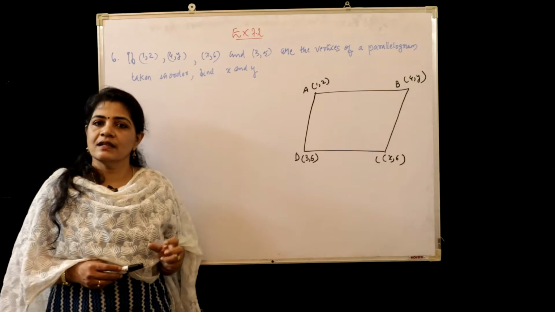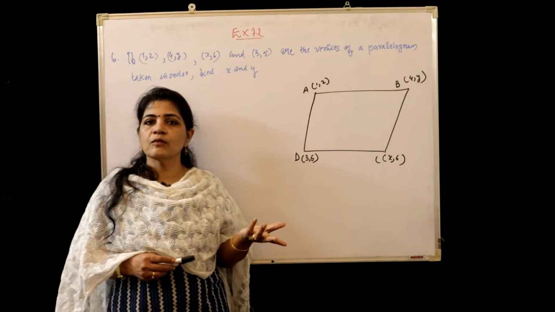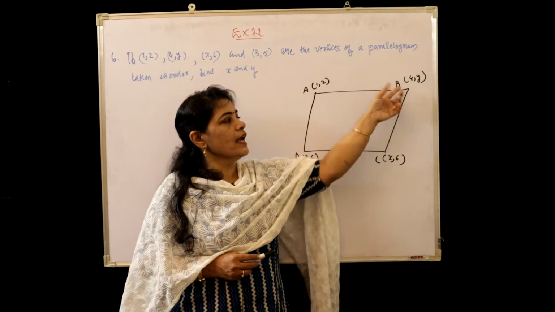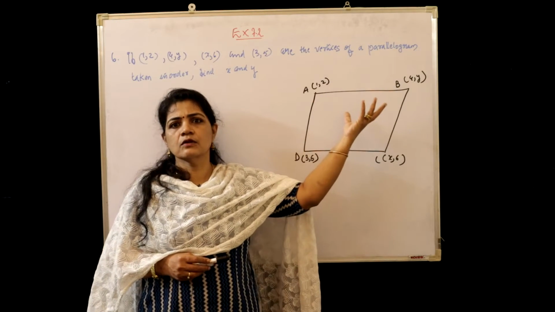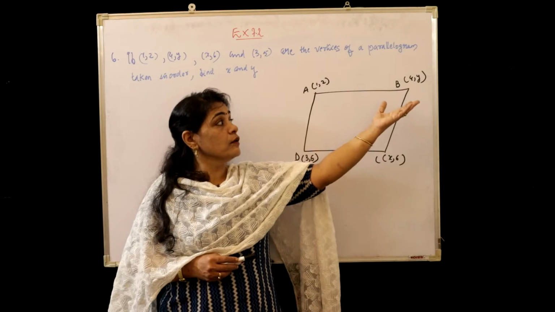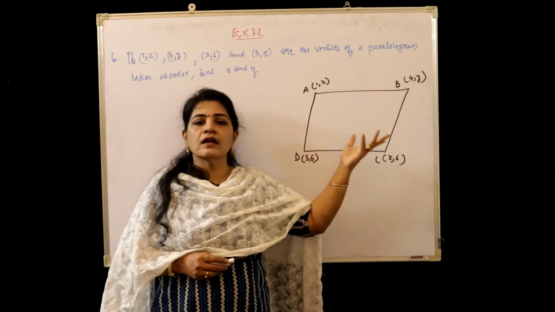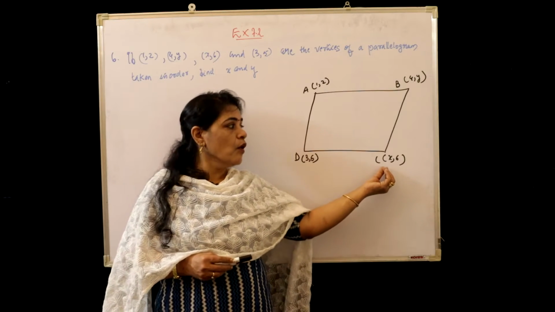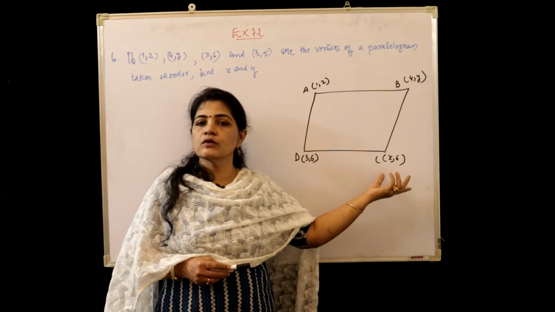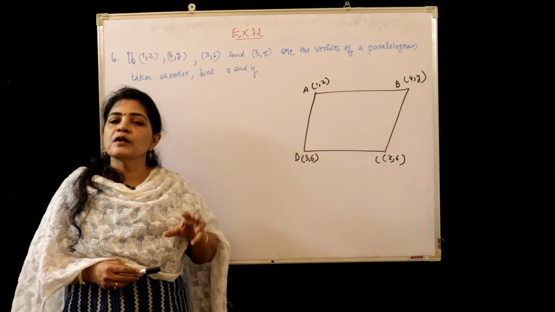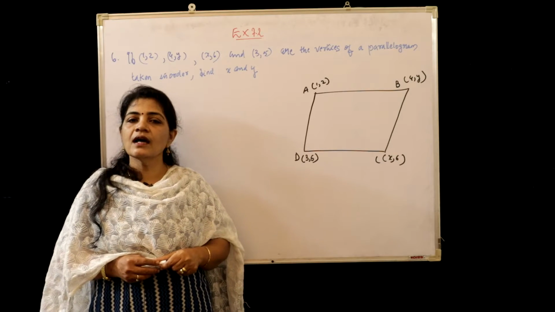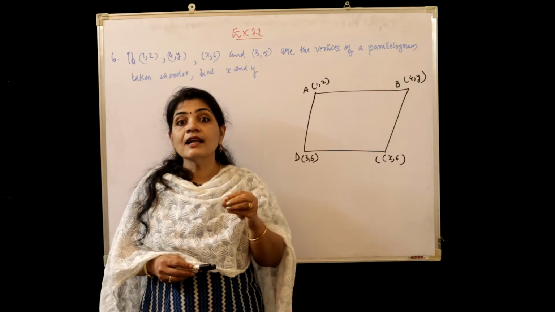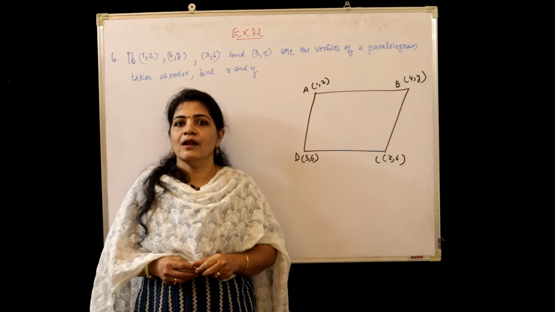How can this be solved, children? Can we apply the distance formula? If we apply the distance formula, we can't get it, because the distance is not given and the y value is also unknown. Here also we could apply the distance formula or section formula, but the ratio is not given and the x coordinate is also unknown. But in order to solve this question, we apply the diagonal property of a parallelogram.